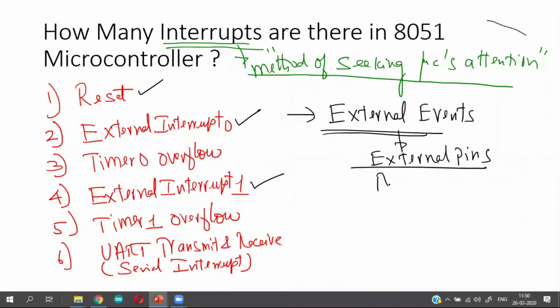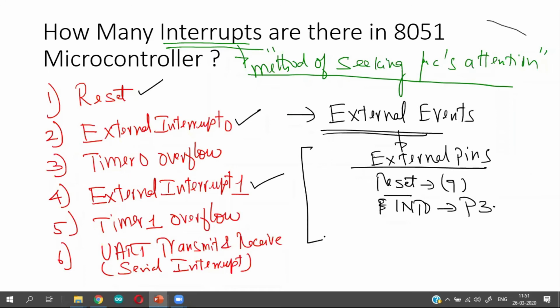Reset happens on pin number 9. External interrupt 0 or INT 0 happens on port 3.2. I hope you remember what parallel port 3 is.